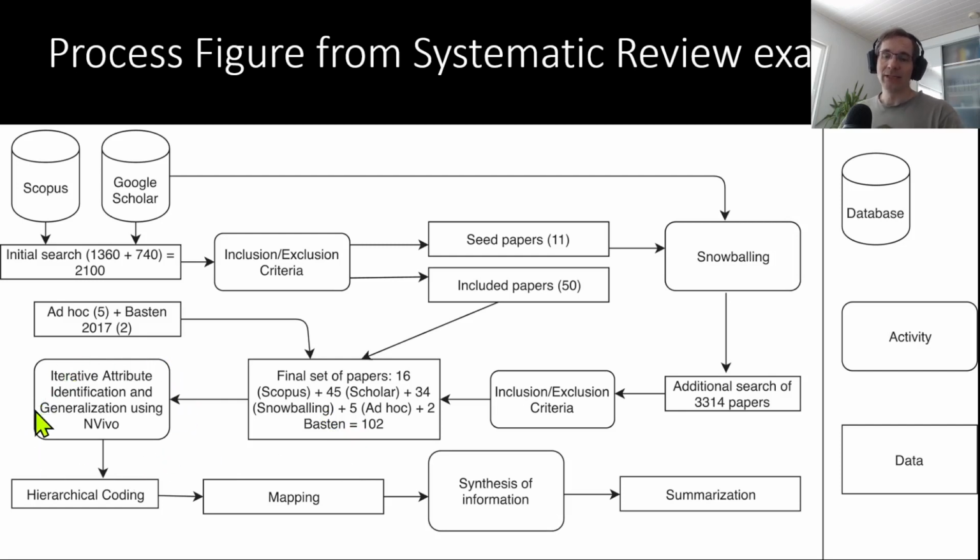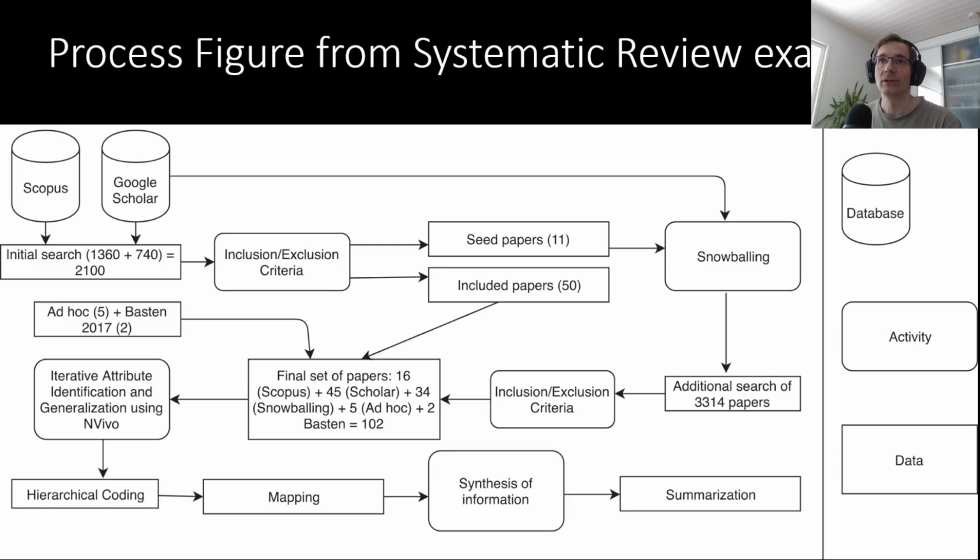appropriate data coding methods, which depends on the type of systematic review you are doing. In this case it was mostly qualitative coding, but it could also be a quantitative meta-analysis type of approach, depending on the type of data that is available in the papers you happen to find during the searches. But now, let's step backwards a bit and see how this systematic approach solves some of the problems that we